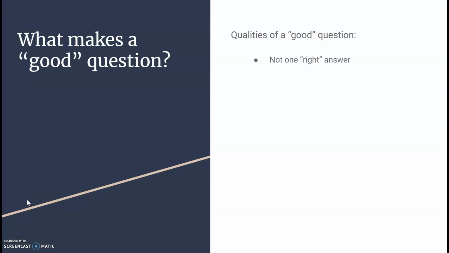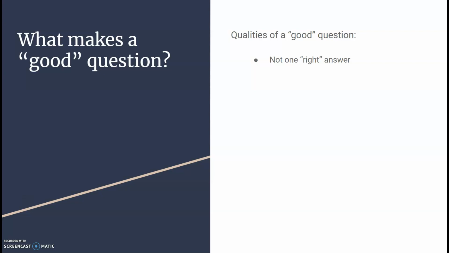The first one is that there's not one right answer. Okay, it's research. Depending on what your research is, that will decide what your answer is to it. So you could research the same topic with me, and we might come up with different answers, but as long as we have the evidence to support what our question is, then we're heading in the right way.